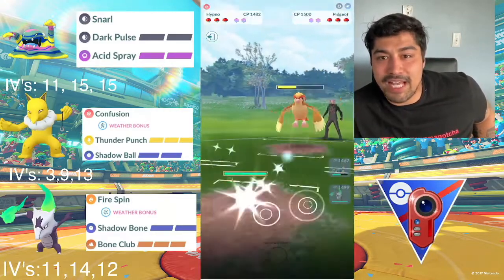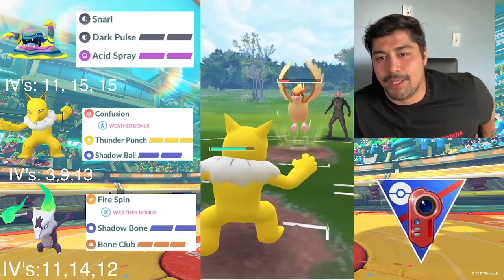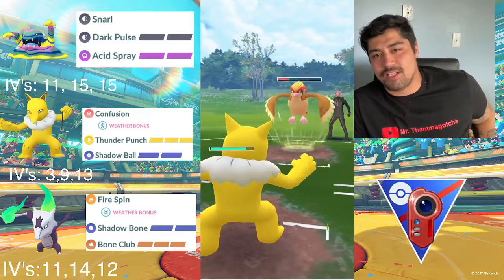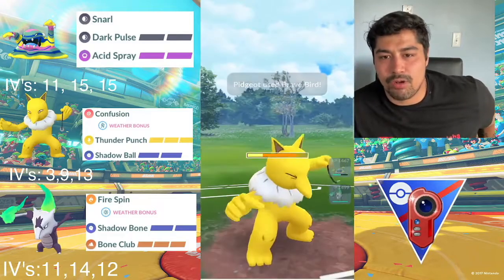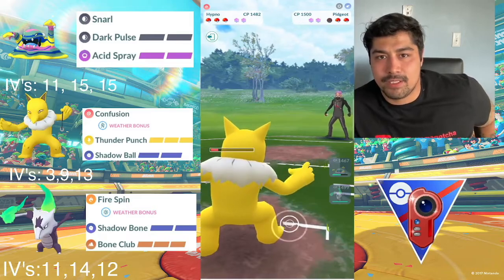Oh, they no-shield that. Absolutely amazing. So I build up the 2. And if they Brave Bird us, that is completely fine with me. Now we can just Confusion all the way down. So I have 2 better answers to that